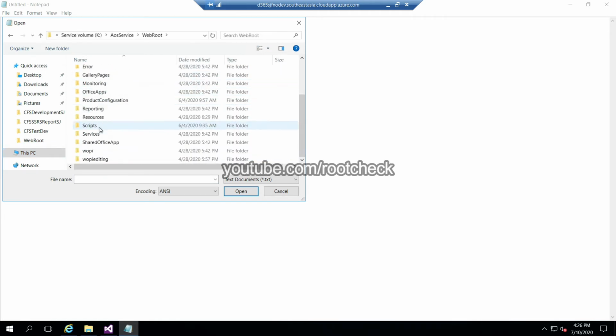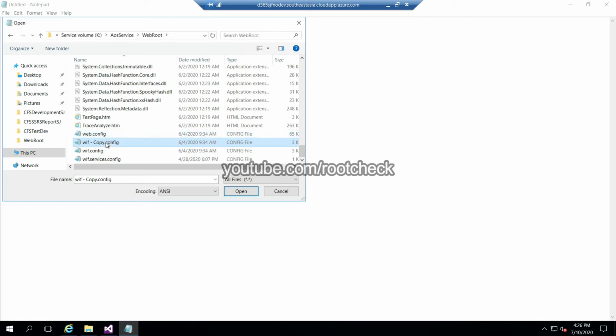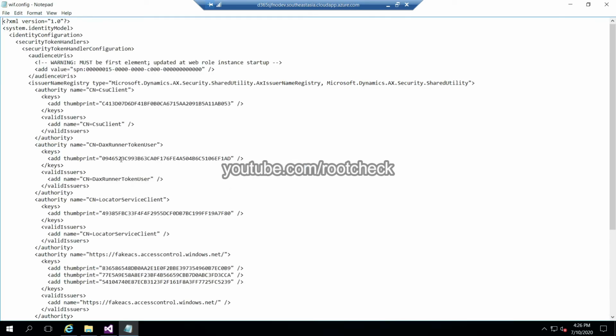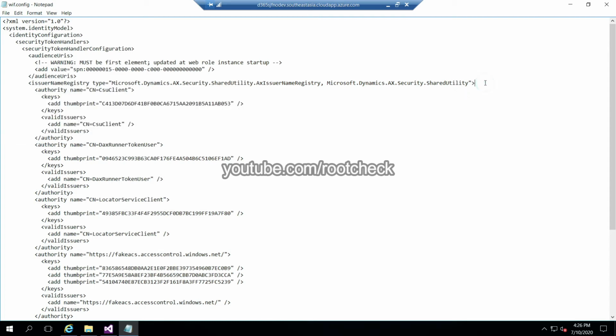Via Notepad you can open the same file. I am doing that, and you can see I have opened the WIF config file. We need to copy the structure of any thumbprint which is there in the WIF file.